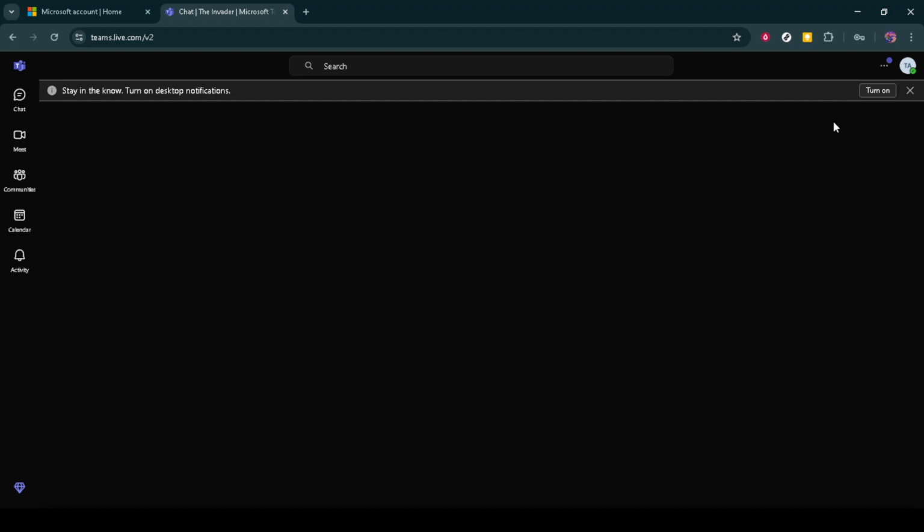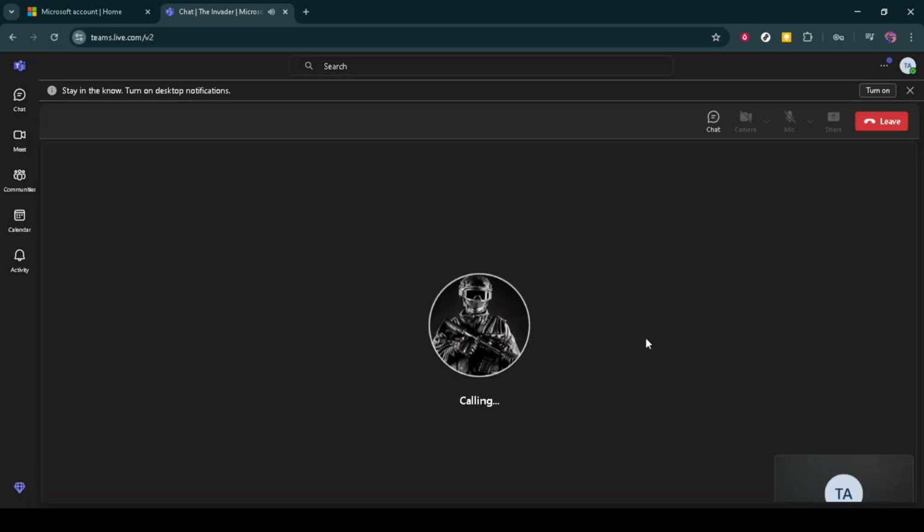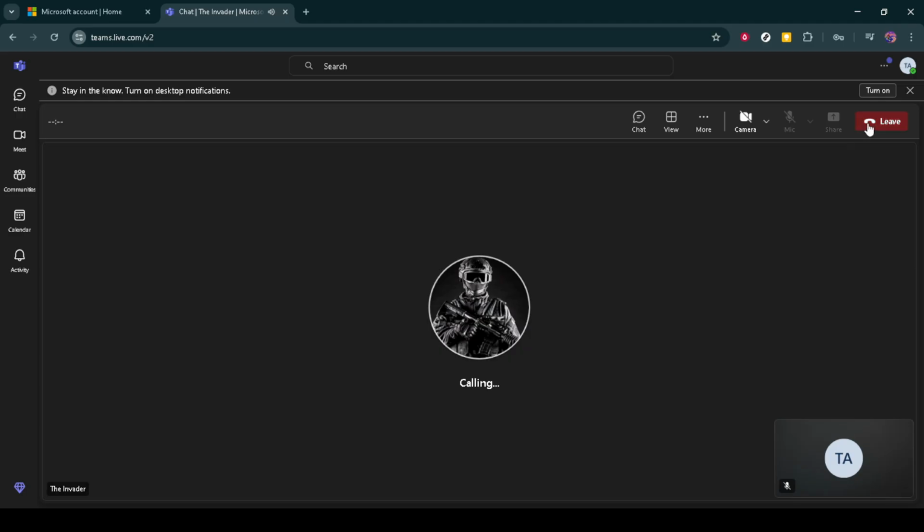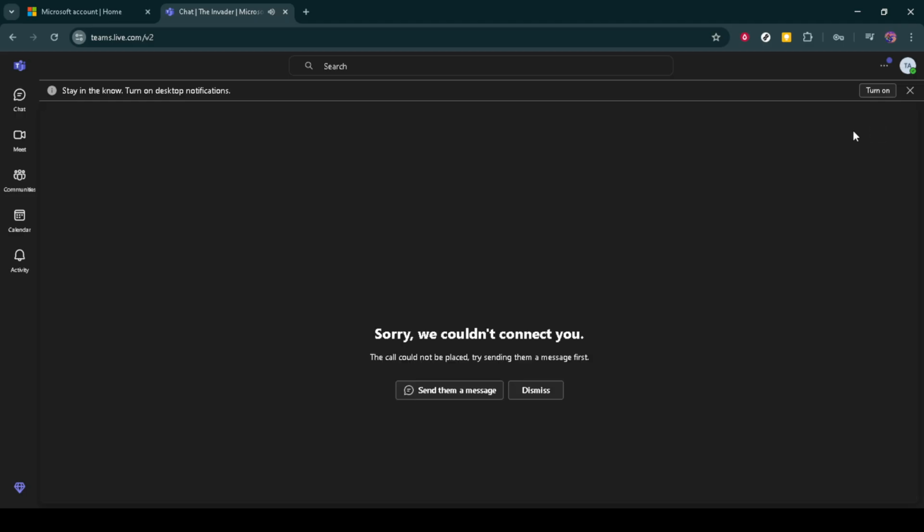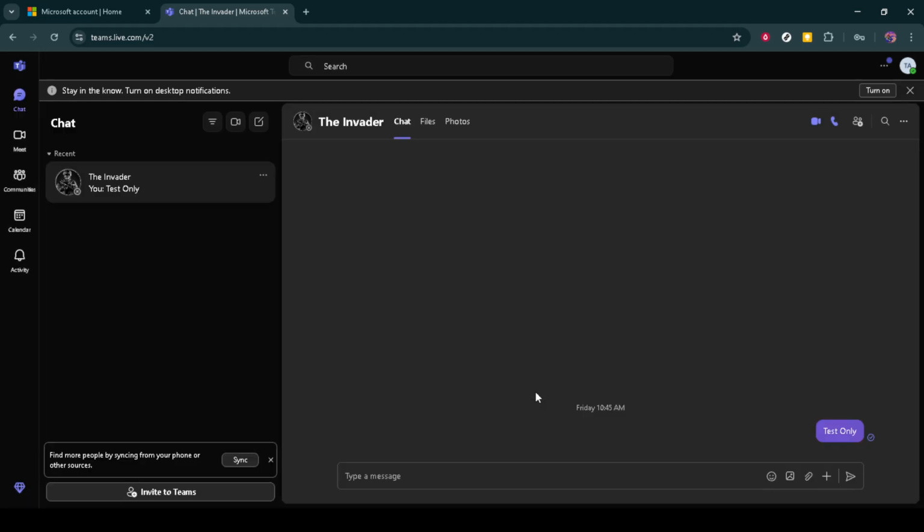But let's say you want to call a number directly without initiating a chat first. No problem. Teams has you covered. Look for the dial pad icon. It's usually located in the Calls section on the sidebar, or by selecting the phone icon on your main screen. Once you have the dial pad open, you can simply type in the phone number you wish to call. This feature is particularly handy when you need to reach someone not saved in your contacts or when contacting external